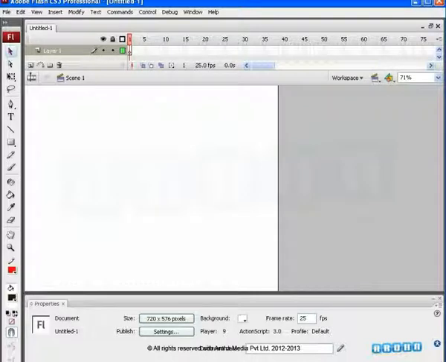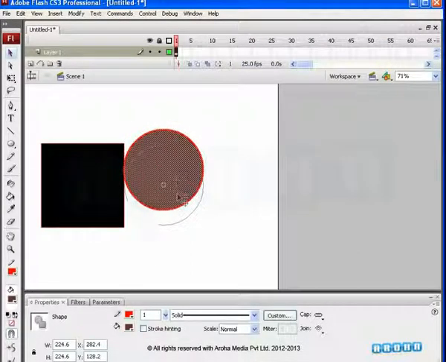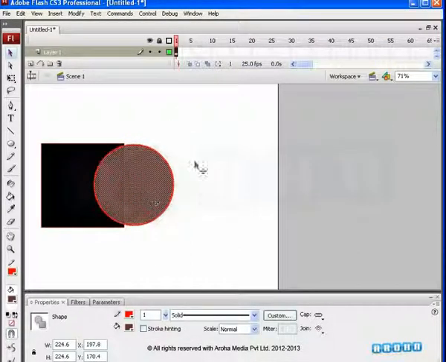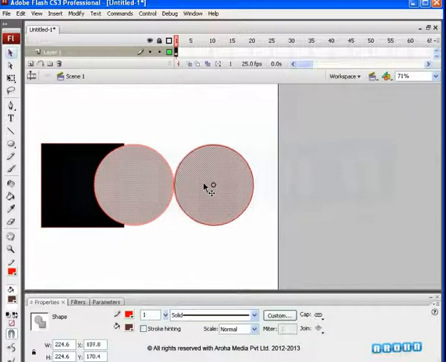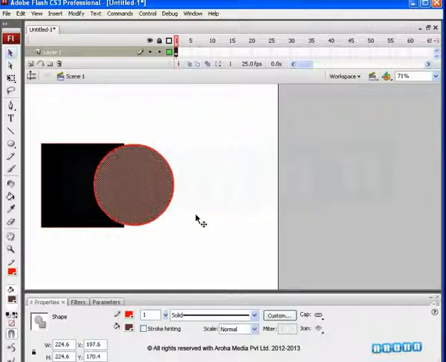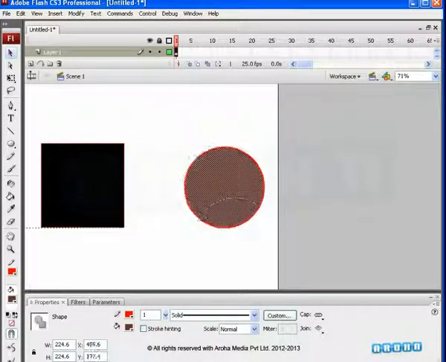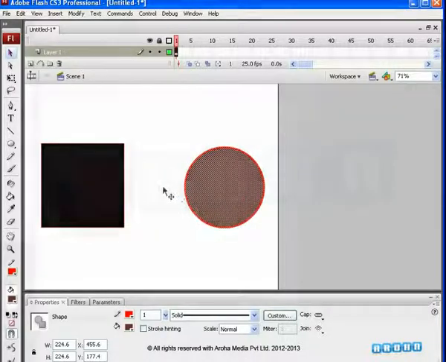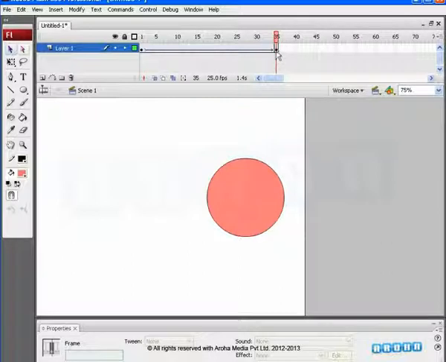In Flash, it is always desirable to work with objects after turning them into symbols. Not only does it allow you to edit the individual object anytime, it protects your object from getting accidentally edited. Symbols also keep the file size down, so your 5-minute animation doesn't turn into a 1 GB file.